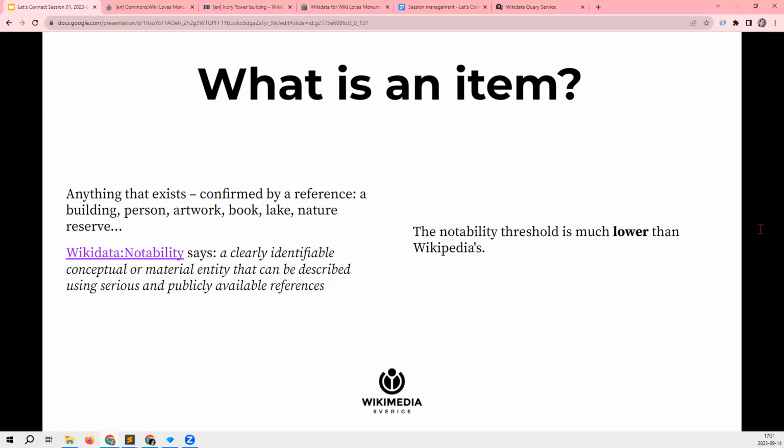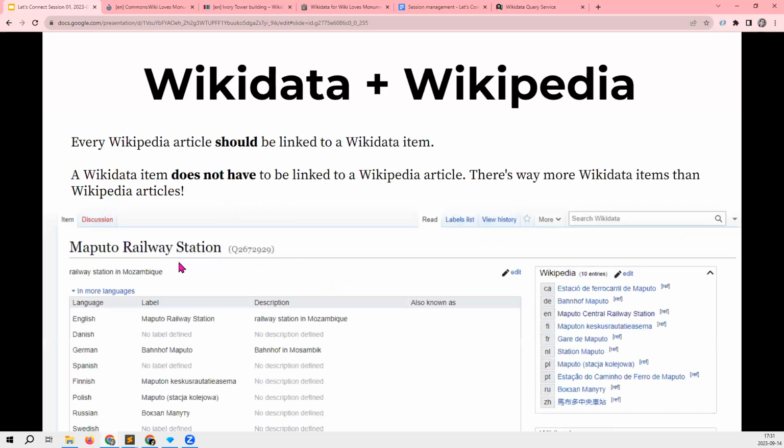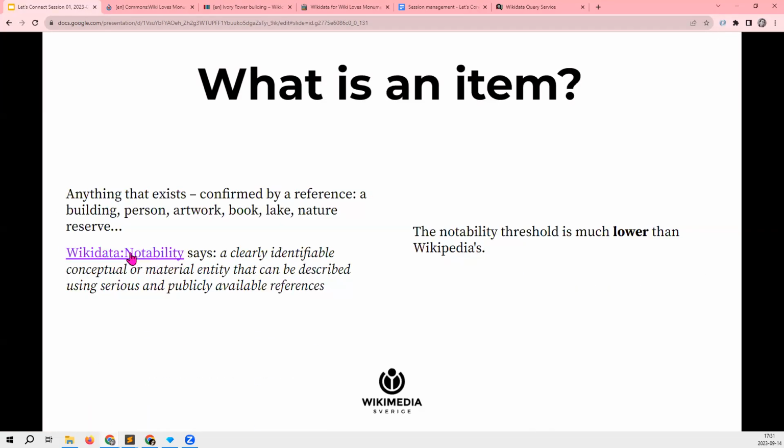However, on Wikidata, the notability criteria are much more inviting. The official guidelines, which you can read about on the notability help page, say that an item has to represent a clearly identifiable conceptual or material entity that can be described using serious and publicly available references.